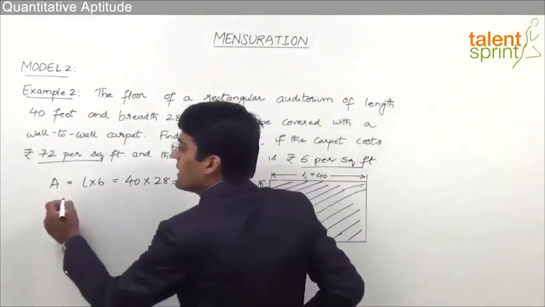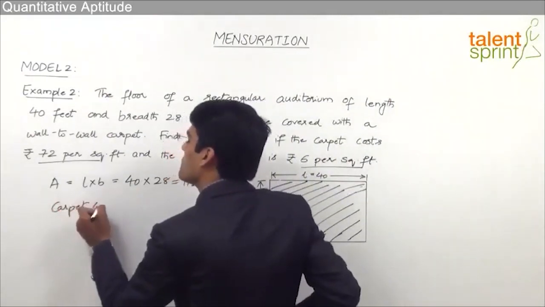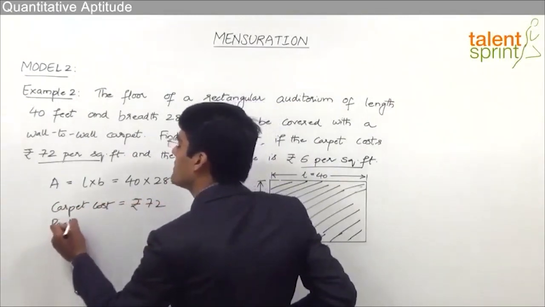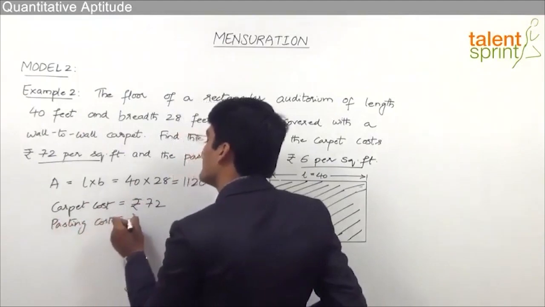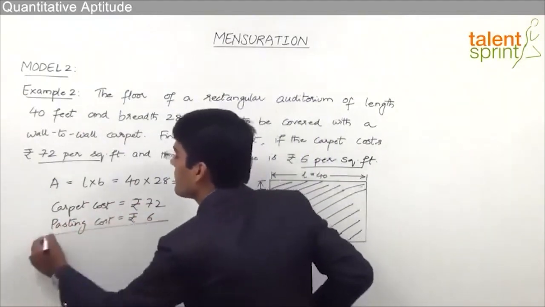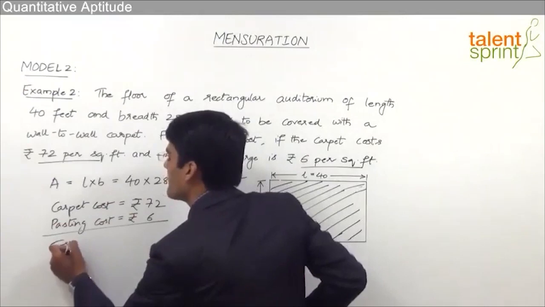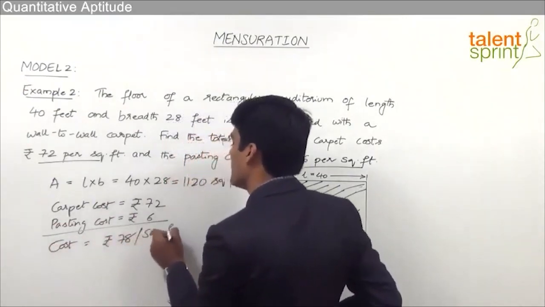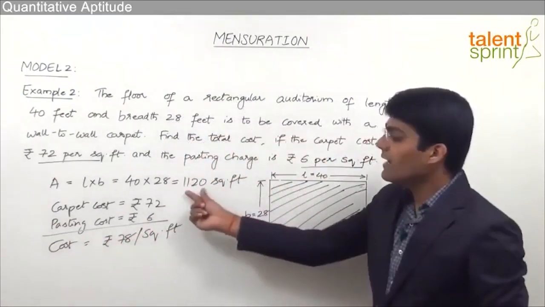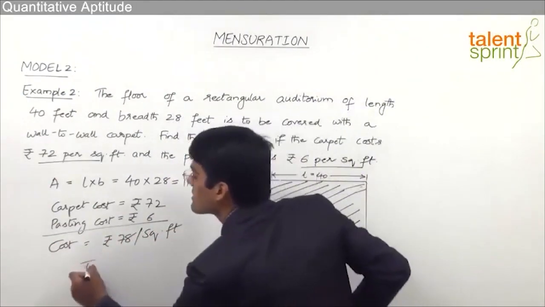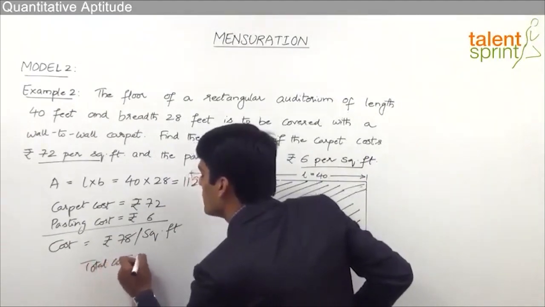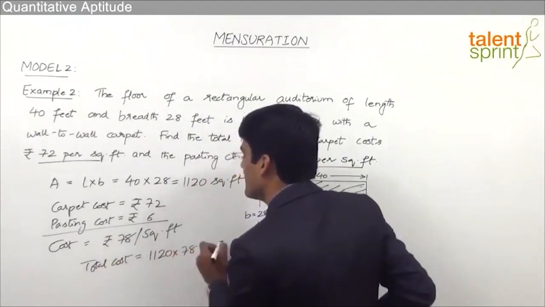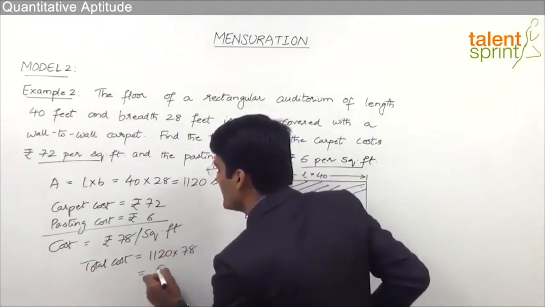Now here, the carpet cost per square feet is rupees 72 as given. And the pasting charges, the pasting cost is rupees 6 per square feet. So altogether for 1 square feet, the cost is 72 plus 6, that is 78 per square feet. But we have to work on 1120 square feet. So I can say the total cost here will be equal to 1120 square feet multiplied by cost per feet, that is 78. So when simplified, this comes out to be